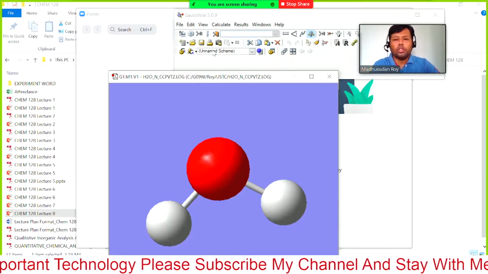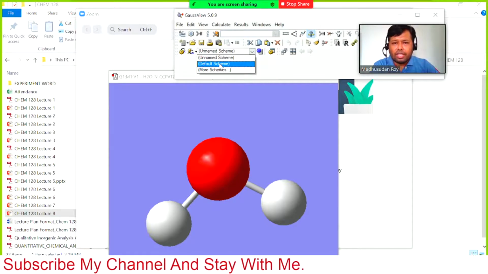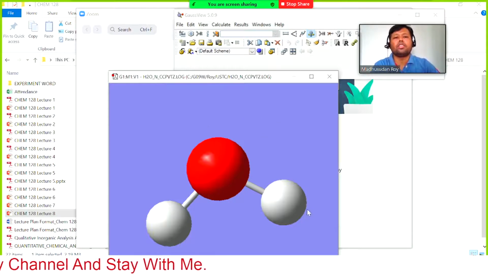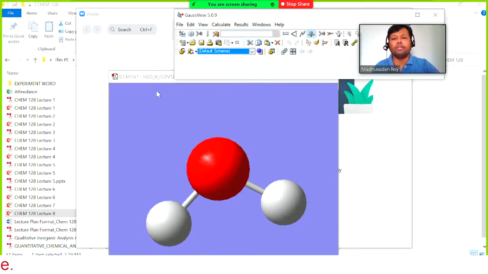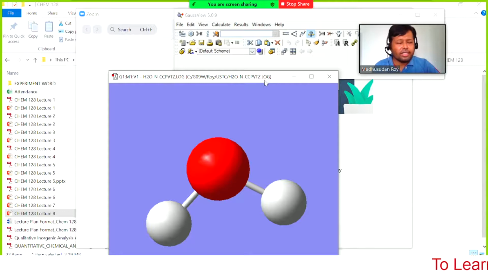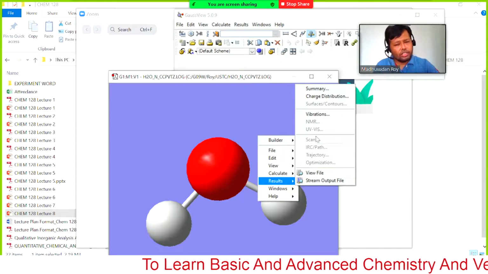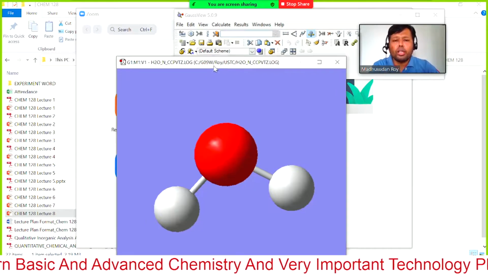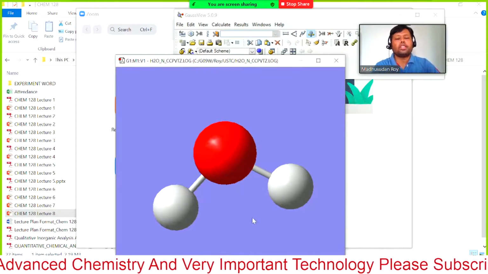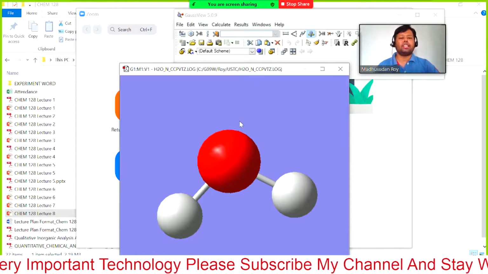You can change the molecule, now that this is already in the input file form. If you change the default scheme, it still has the name .log, however it has no results file. It will not show any results file. It is still showing, but it will not be visualized. So now we want to make the change for this molecule. We want to have the ion, and we want to get the energy of this molecule.